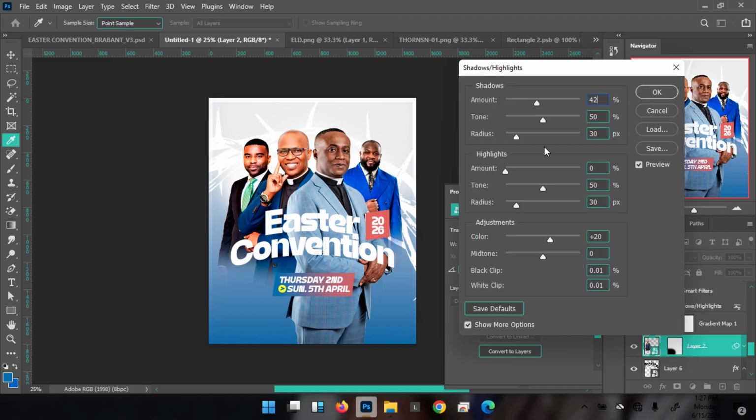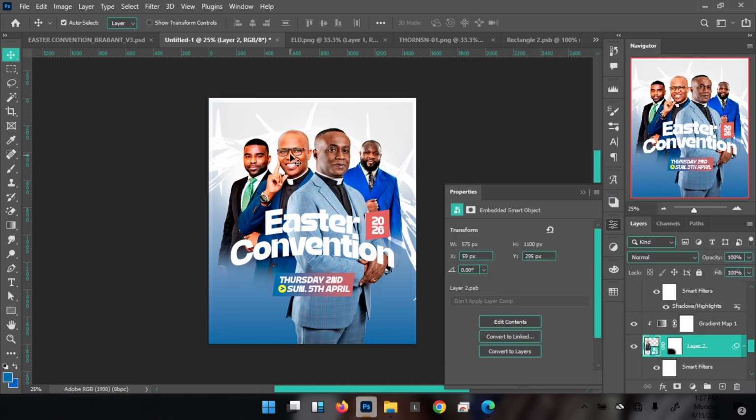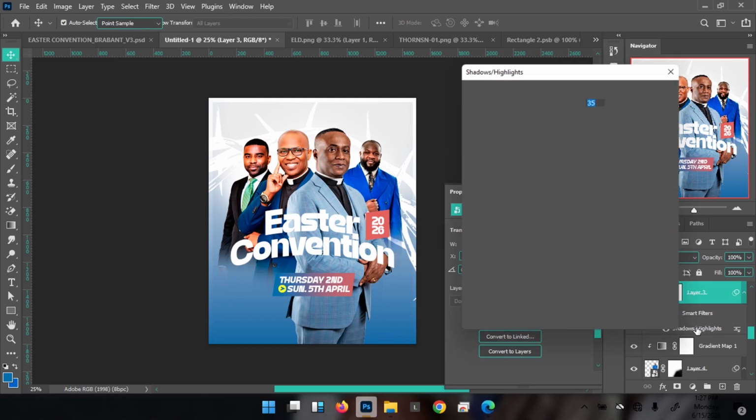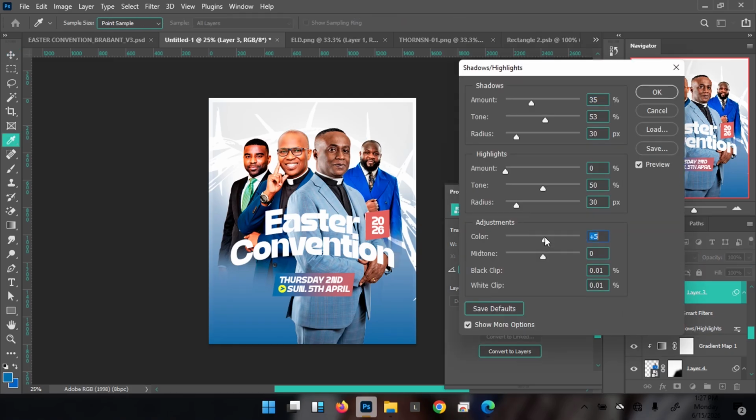So 42 and 50 and 30 and amount is on 5, and yeah, so reduce the color like so, somewhere -20 there about, because his image is very colorful. And yeah, so we do the same for this image. We reduce the color slightly,